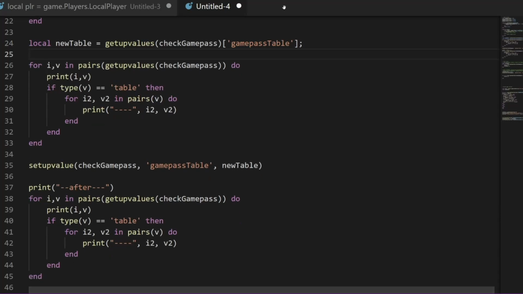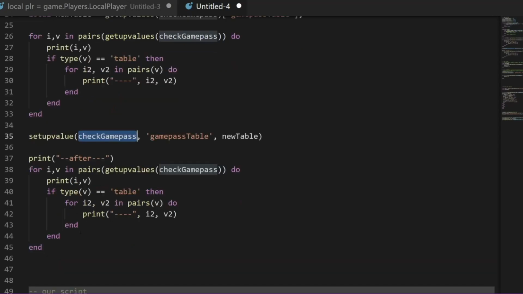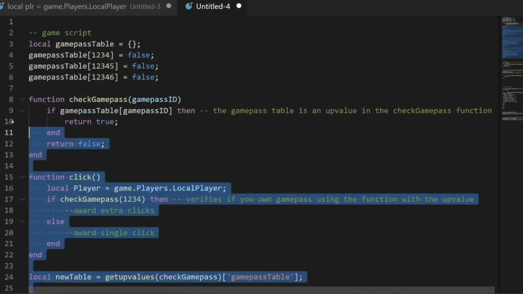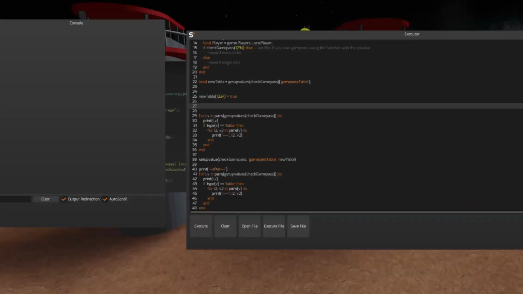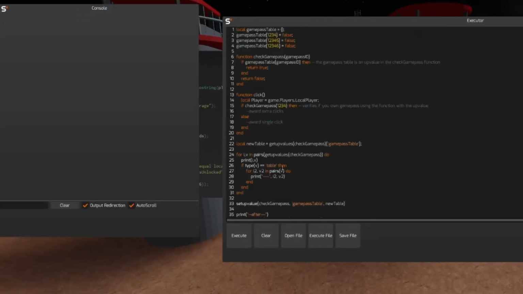All right, I'm going to go ahead and get rid of these print commands because we don't need them any longer. And once again, I have it set up here to where we're going to check the values of the up values in this table first, and then we're going to modify the up value here, and lastly, we're going to go back and reprint them once again to see what that looks like once they've been modified. So I'm going to take all of this back into Roblox, copy and paste it, hit execute. All right, and as you can see here,